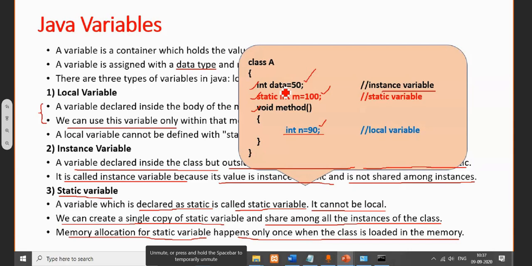When it comes to recursion, you can create that static variable inside the method also. That is also called a local variable, but only one time the instance will be created. Even if you call it recursively, it will not initialize, it will not allocate a memory location for each and every recursion. Only one time it will be allocated.